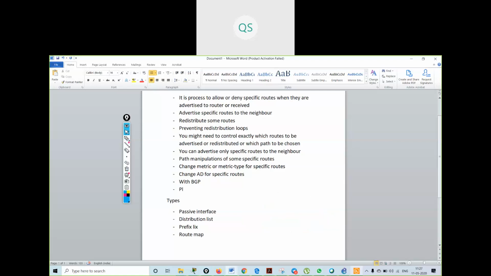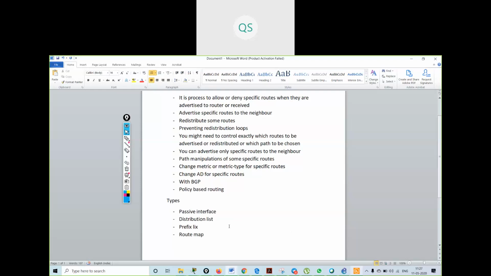Also, you can do something known as policy based routing. We will be learning about all these things. One by one we will see how all the types of route filtering work. First of all, I have informed you about passive interface.